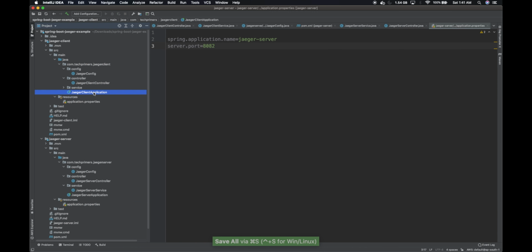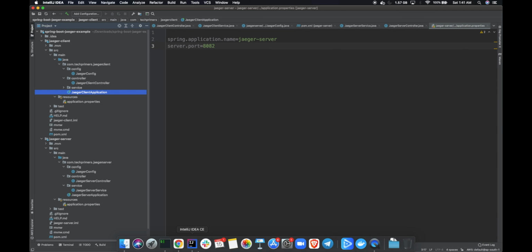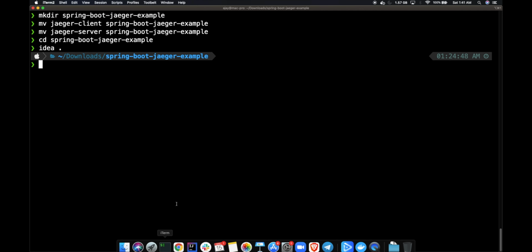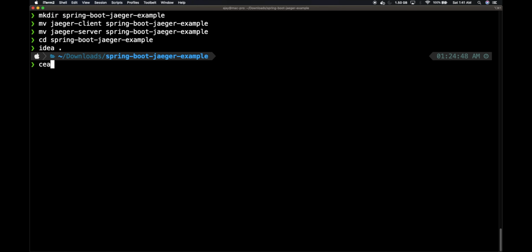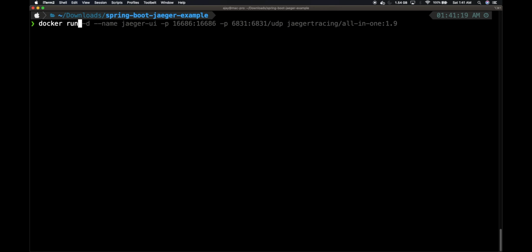Also we need to have the Agar running in the background, right? So I'm going to leverage Docker for it. So I'll be running the Agar via Docker. So I'm just going to run it. So this is the command I'm using, docker run, and I'll be providing the port number mappings and also what is the image. So image is called Agar tracing all in one, and I'm using the 1.9 version of Agar,